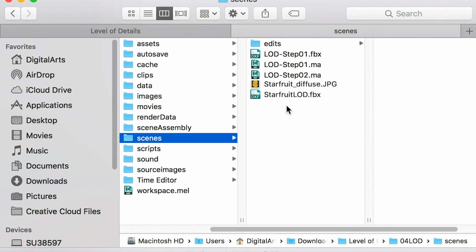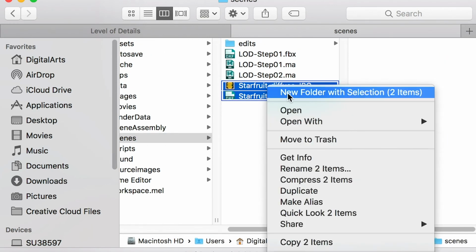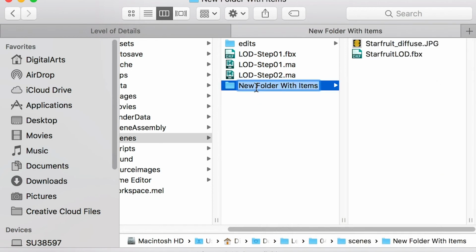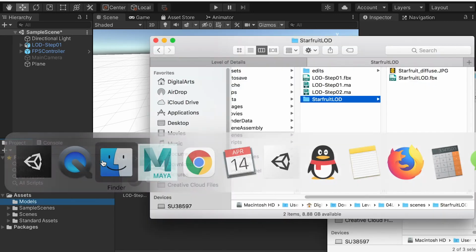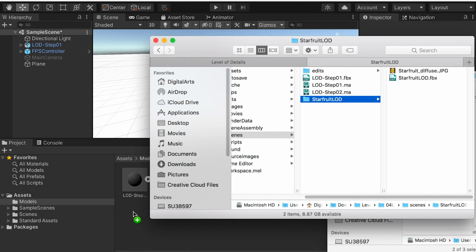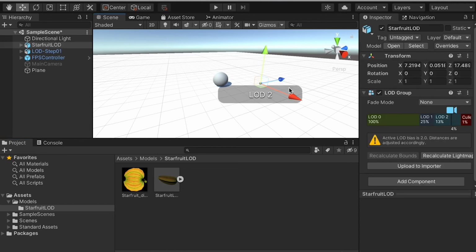then I will also copy the texture file to here and select the level of detail, star fruit, and the texture, and I'm going to group them in a folder, and I'll rename the folder as star fruit level of detail. And let's go back to Unity and the models folder, and let's drop in the star fruit model we just created. And then here, as you can see, it already assigned the texture because we have created the material in Maya. And here I can make it bigger,